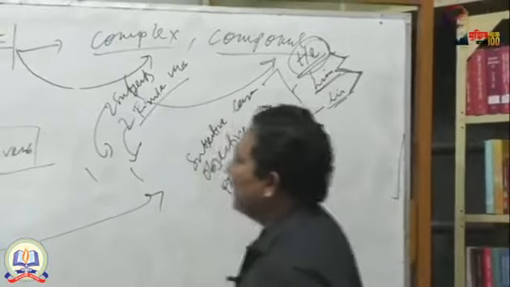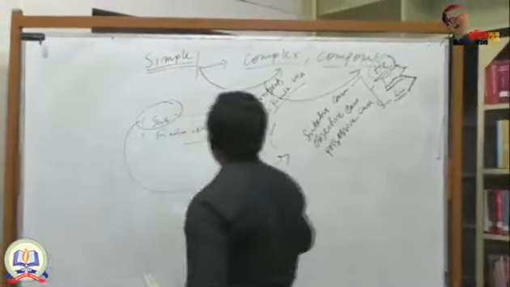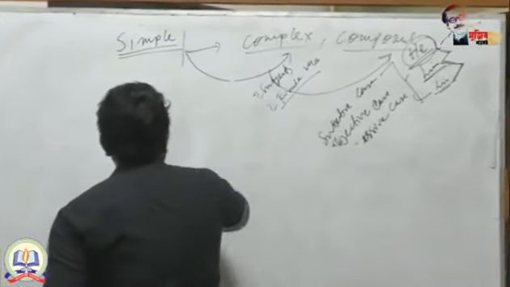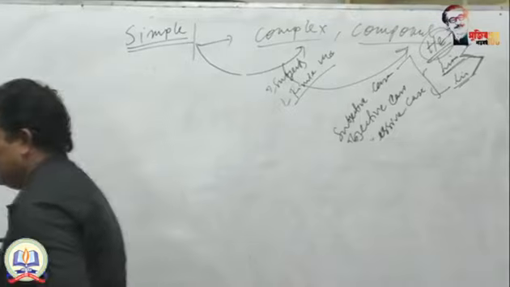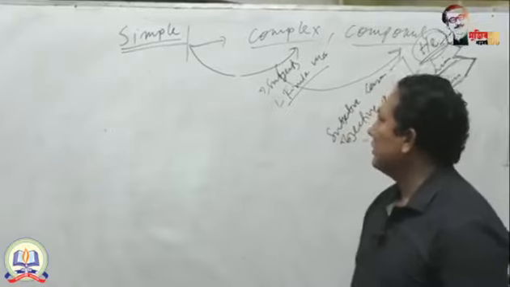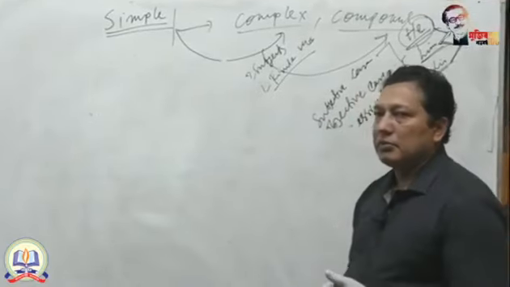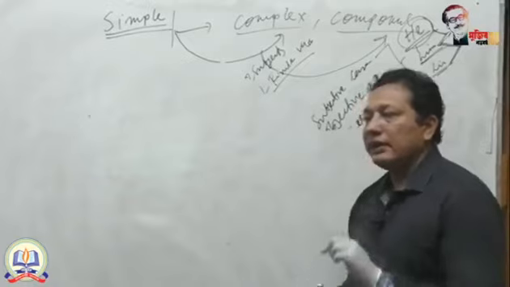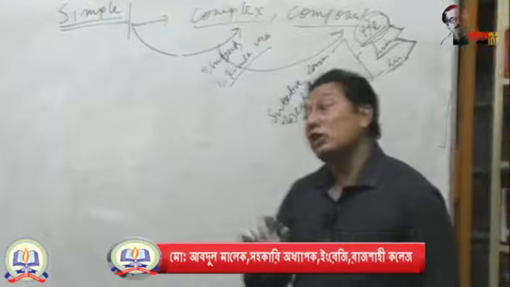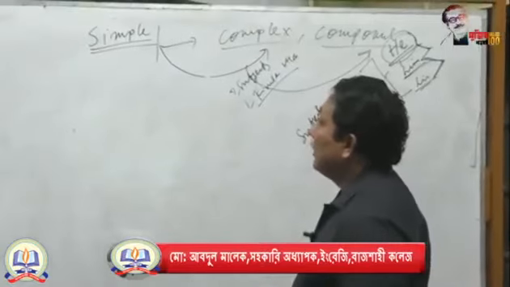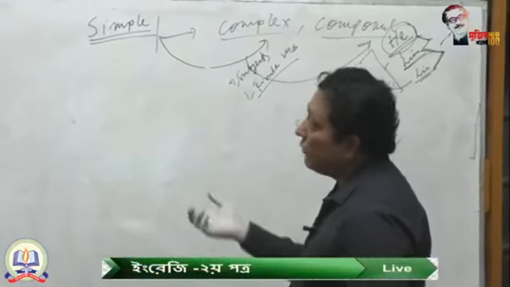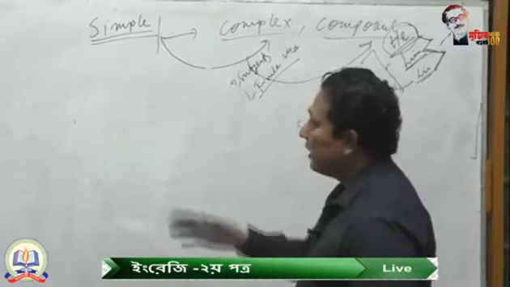And then the finite verb. You know, there are 5 forms of a verb. It is easier to explain what is a finite verb and what is a non-finite verb. If you get the complete thought, it indicates that it is a finite verb. If you don't get the complete thought, it is a non-finite verb. But by getting the structure, you can also denote whether it is a finite verb or not.